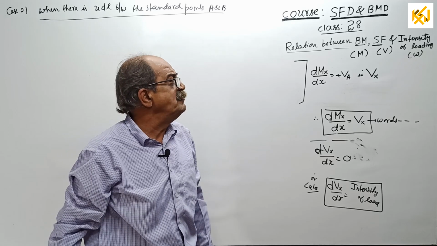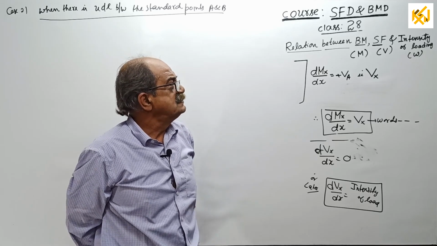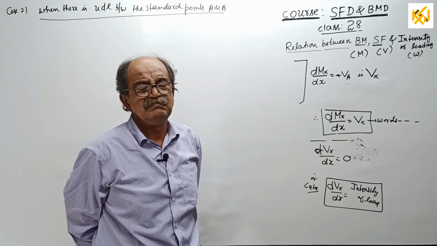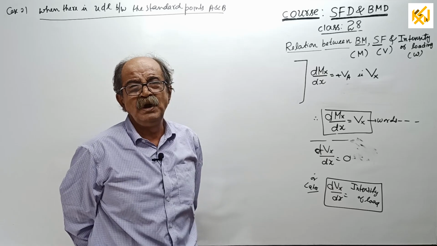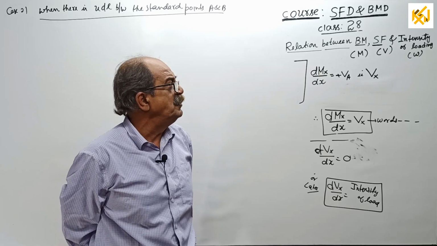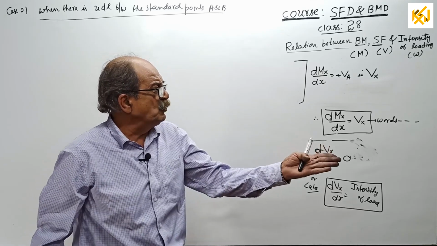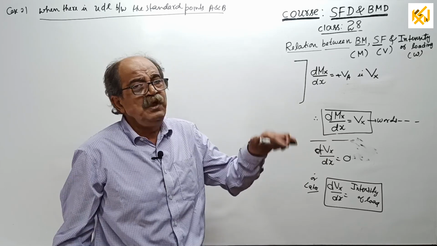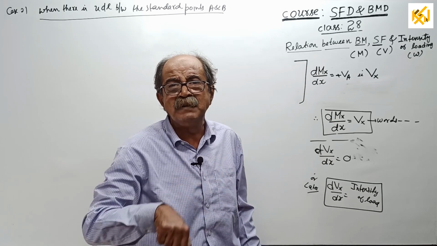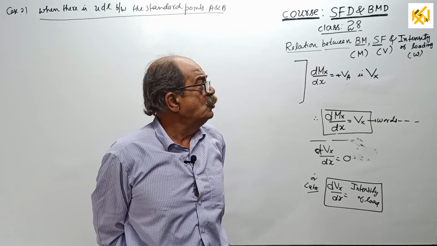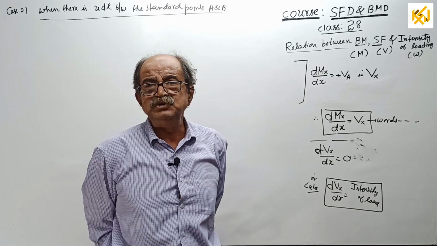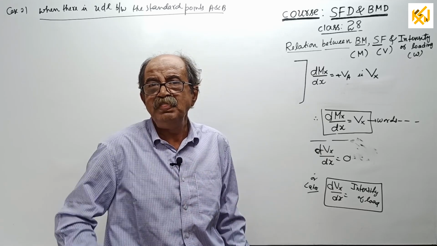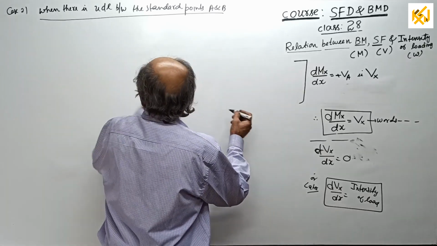Sometimes a student will tell me, sir, suppose UDL stops in between. If someone says that in front of me, I will tell them how much time I told you. If the UDL stops between those 2 points, then where UDL stops, that itself will become a standard point. How can UDL stop between 2 successive standard points? See, I will put the sketch here now.